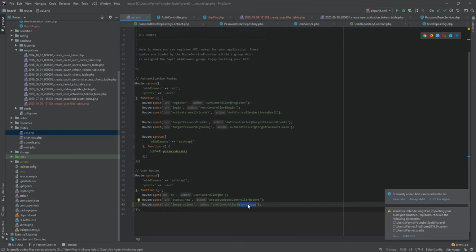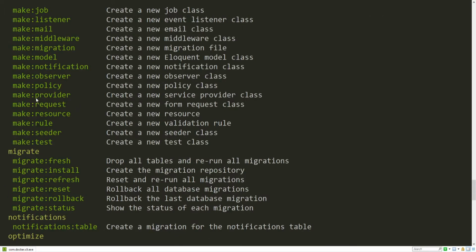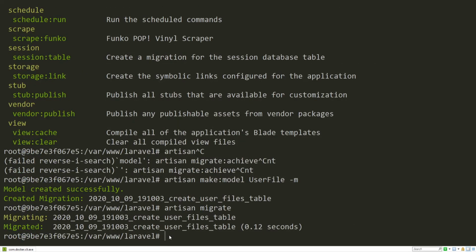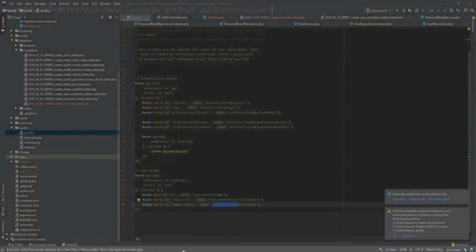Or actually, let's make a new controller this series. So let's jump into our commander. All right, and let's make a new controller. So let's have a look up here inside all the information. We should have one called make controller. Here we go. So if we go down and we do artisan make controller, and if we look in our PhpStorm and look at our controller names,